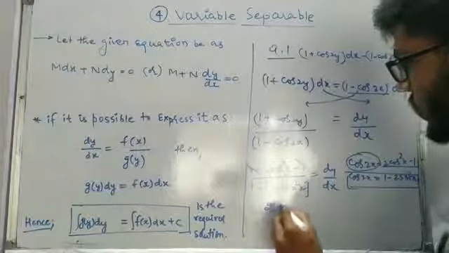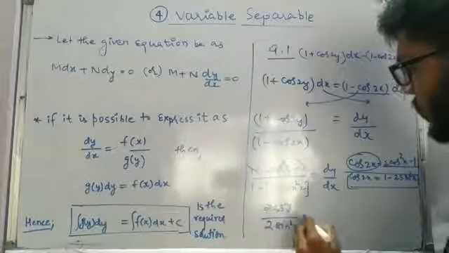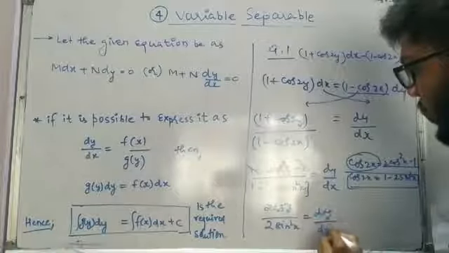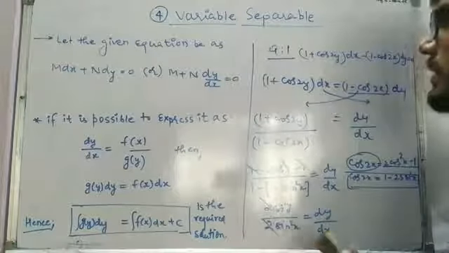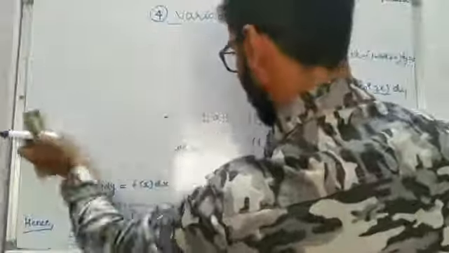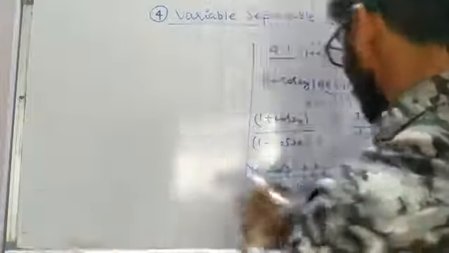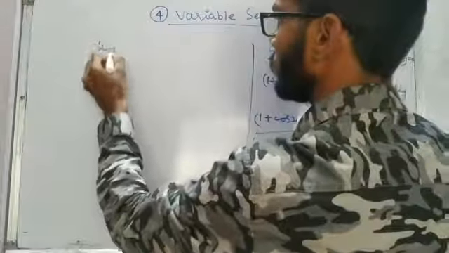So this will be 2 cos square y divided by 2 sin square x is equal to dy by dx, and again 2 and 2 get cancelled, and simplifying it further we are getting dy by dx is equal to